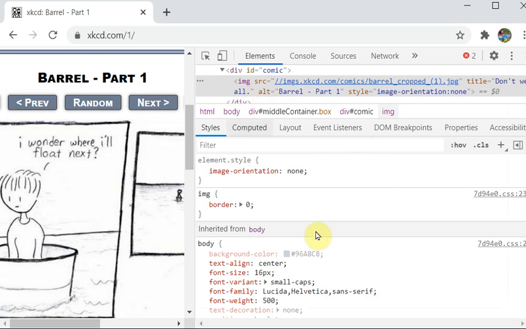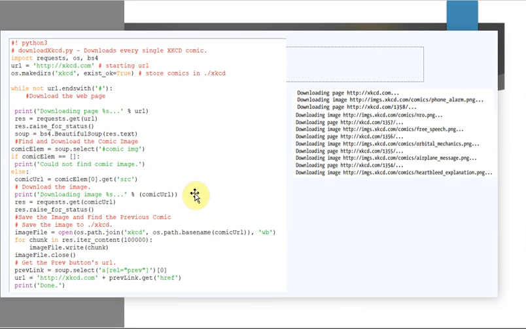Okay, and after that, that URL you are passing here. So downloading image HTTP, you can see here, downloading image http images.xkcd.com comics phone_alarm.png. So this is nothing but what we are calling your comic URL.